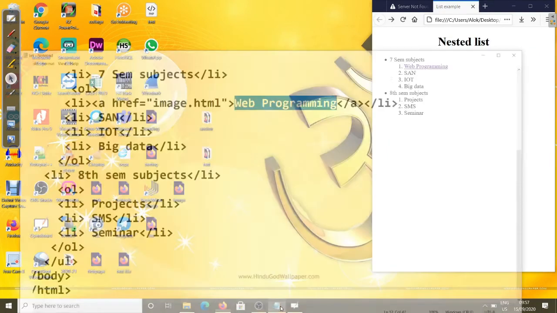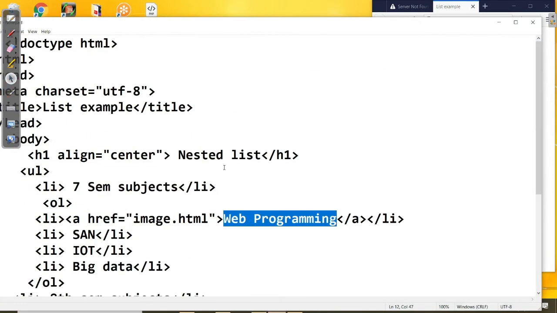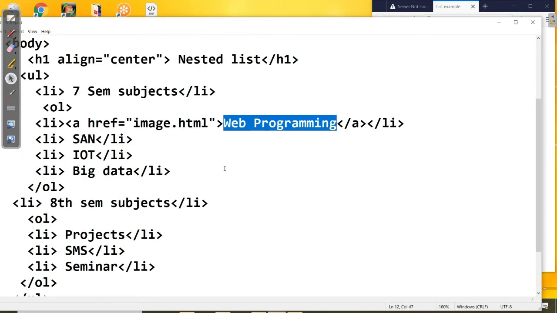So with the help of the nested list, not only one by one, you can add multiple lists under a list. One more ordered list you can add again. Inside one ordered list we can add one more ordered list, like creating a menu and sub menu, this concept. Clear? This is very important for the video examination, UL and OL. UL means unordered list and OL means ordered list, and another thing is the list item, and the nested list is one other way. So this concept is clear.